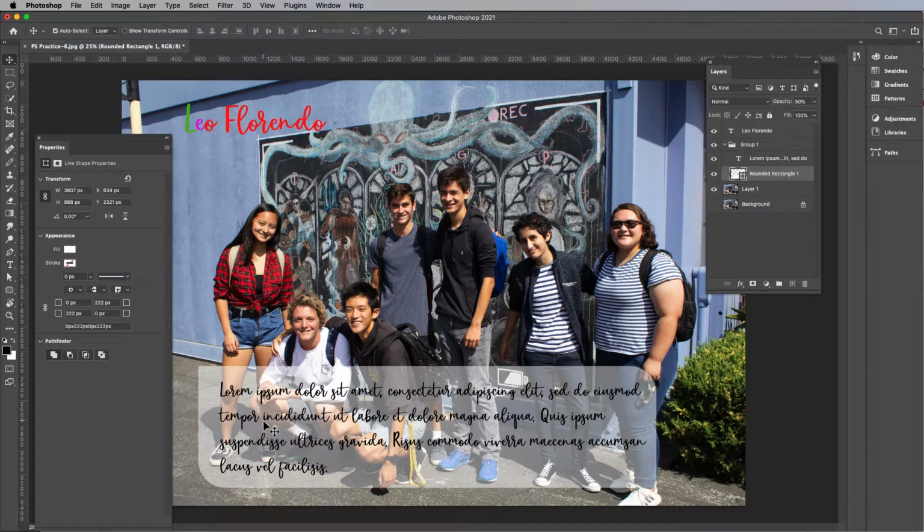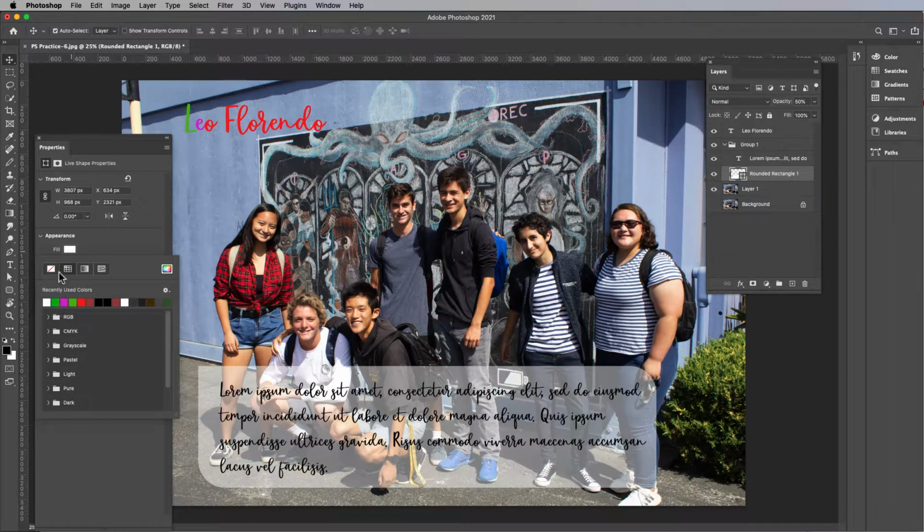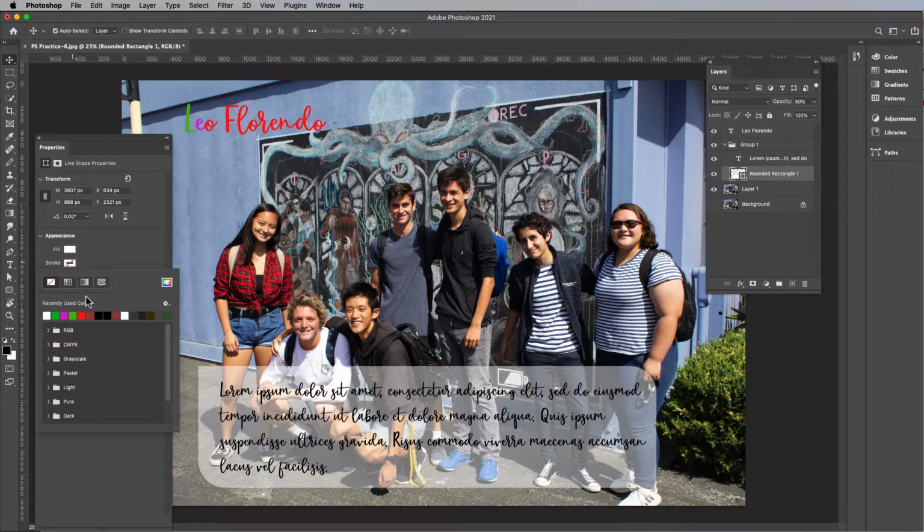Okay? Now you can give it a stroke. Let's say you wanted to have a black border on the outside. The fill is the white on the inside. That's the white here. You can change the color if you wish or not. The stroke is the outside. Right now this red slash means there's nothing, no stroke. So I'm going to take that and make it a black stroke,